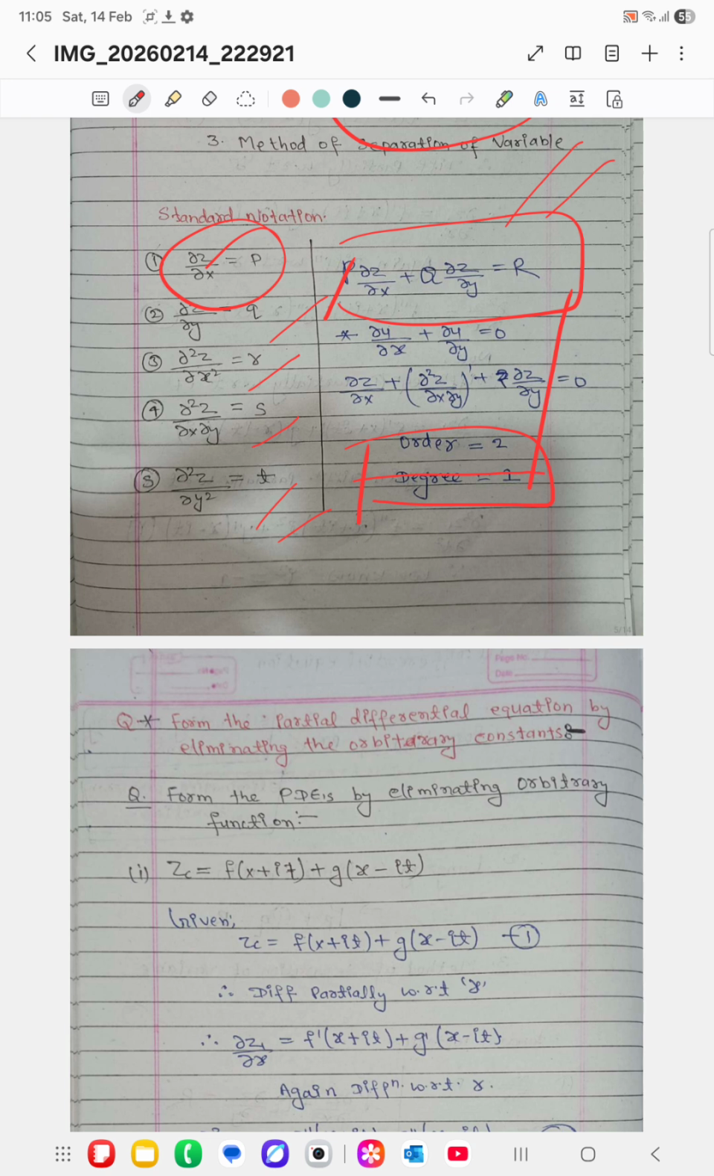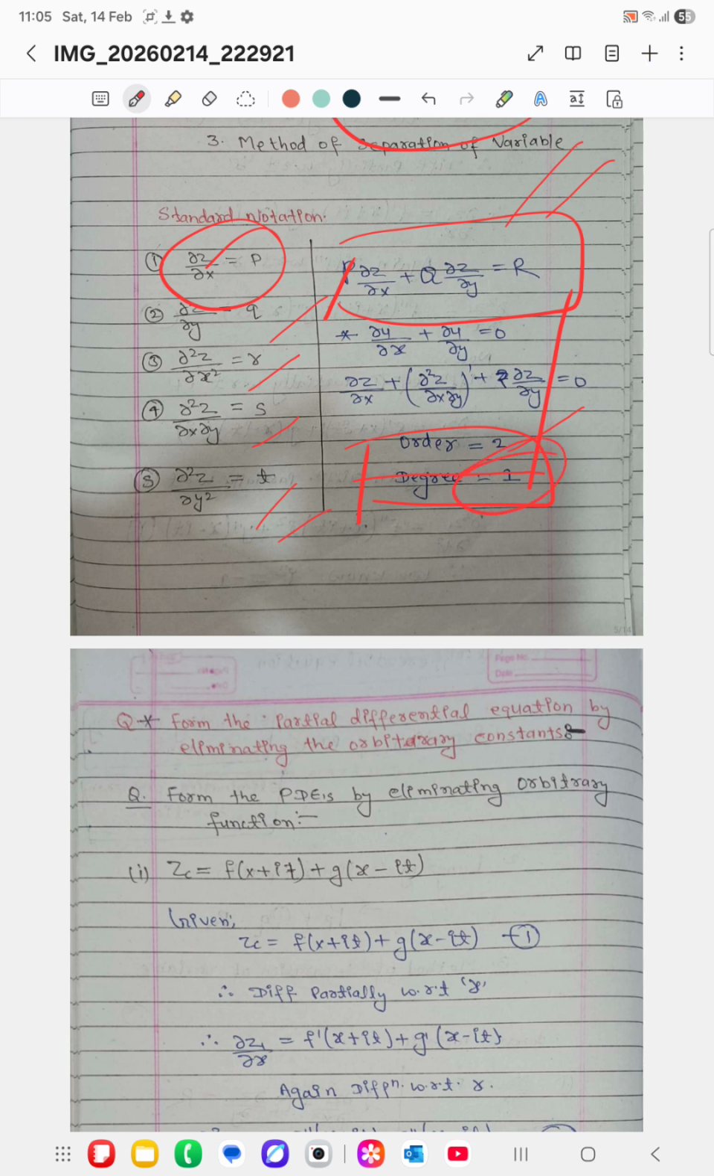Whenever you have to find the order and degree, you look at the highest derivative, the highest order partial derivative in any PDE, and that is known as the order, and in the order,